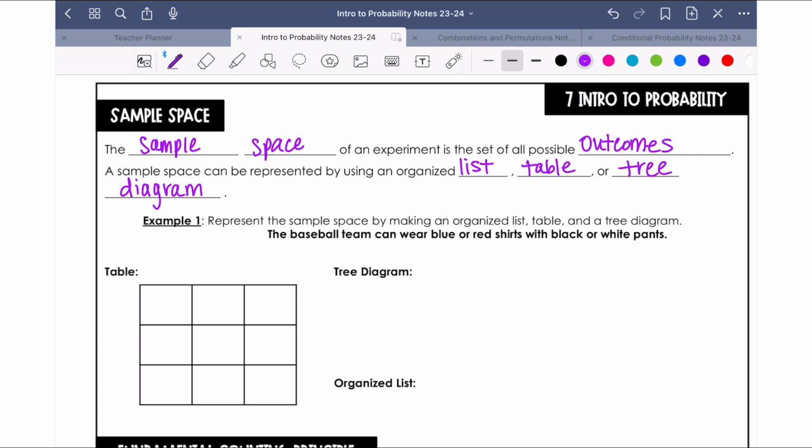All right, so here's an example. Represent the sample space by making an organized list, table, and tree diagram. So remember, the sample space is what are the outcomes that can happen. So right here it says the baseball team can wear blue or red shirts with black or white pants. Okay, so those are our options. And so to do the sample space, we have to think of all the possible outcomes of the uniform that they can have. Starting with a table,